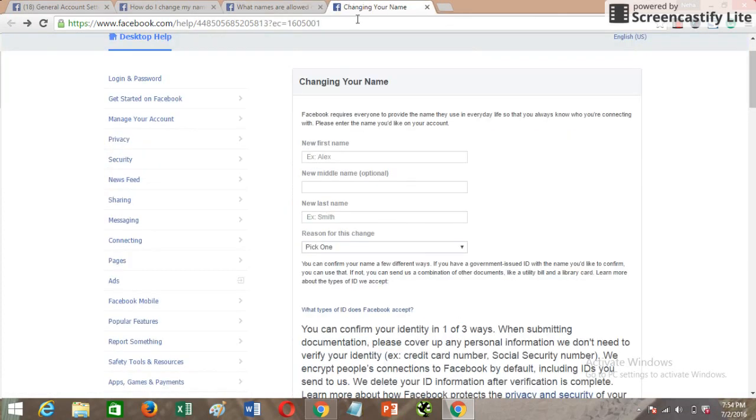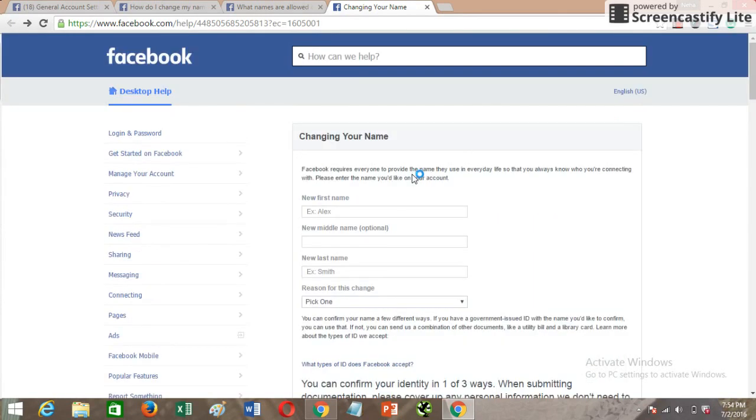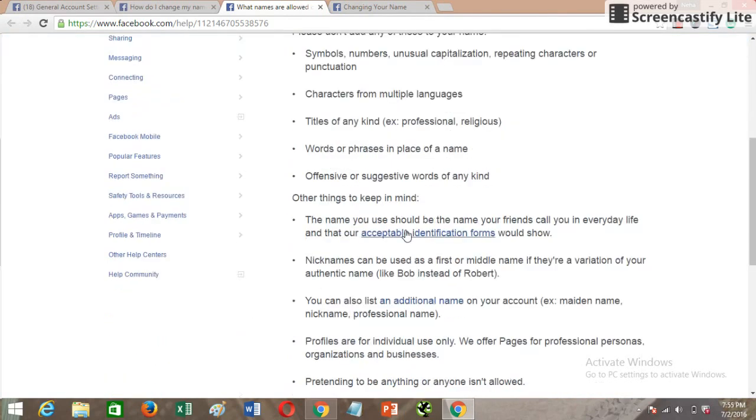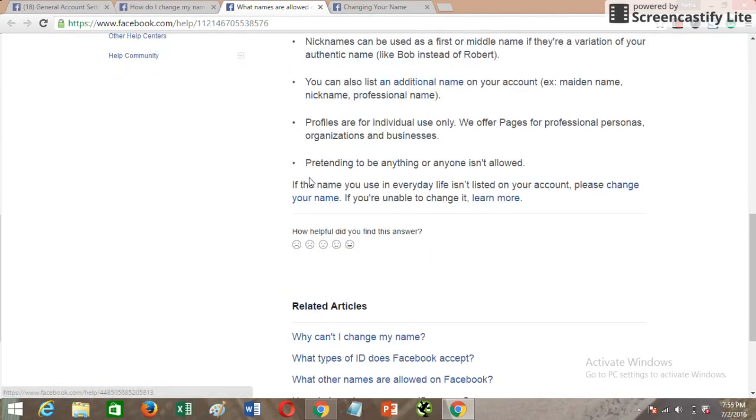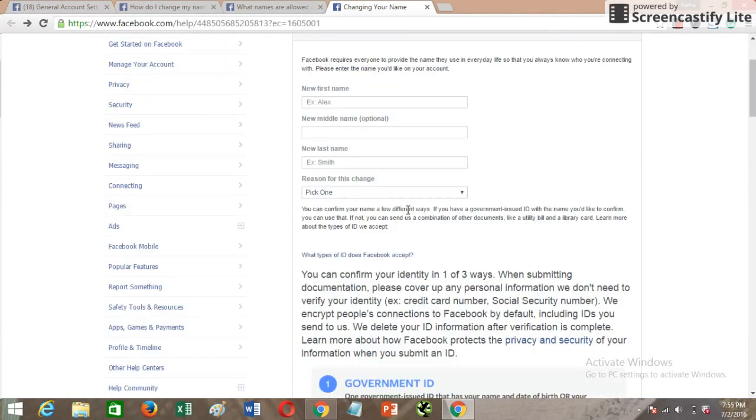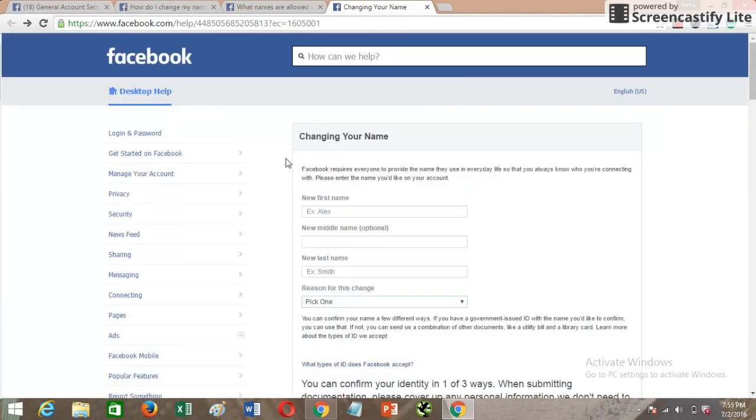So this is one support URL which you can use in case you are finding any problem in changing your name. You can always contact Facebook. You can also find the same URL from here. I'll be sharing these URLs in the description section, so that you can always remember or get to know how the Facebook profile name and username can be changed. And in case you face any problem in changing your name, you should always contact Facebook via this form, and register your complaint. And that's how you can change your name and username.